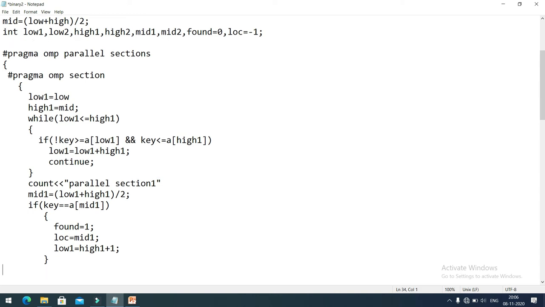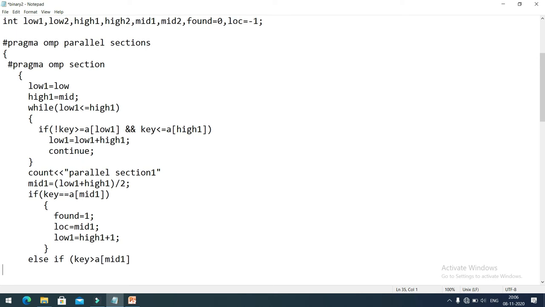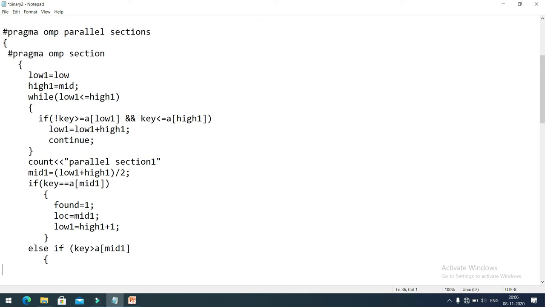While this is not the case, in that case, else if key is greater than a of mid 1, in that case simply low 1 equals to mid 1 plus 1.